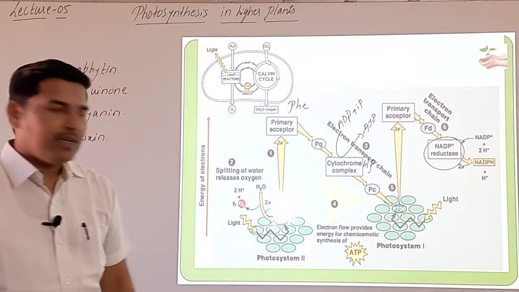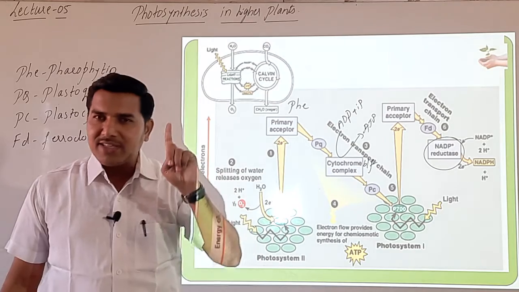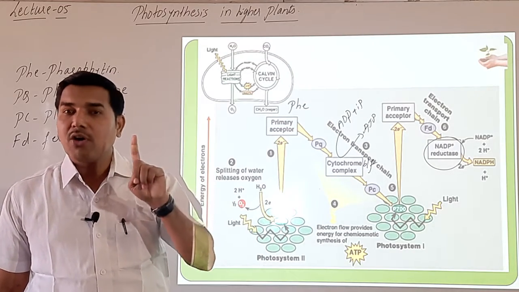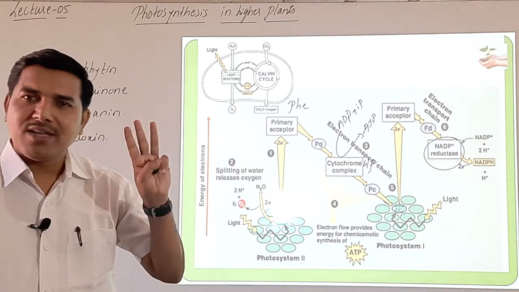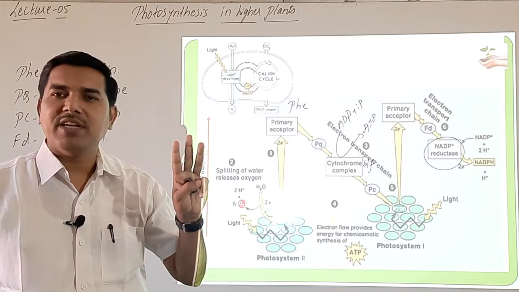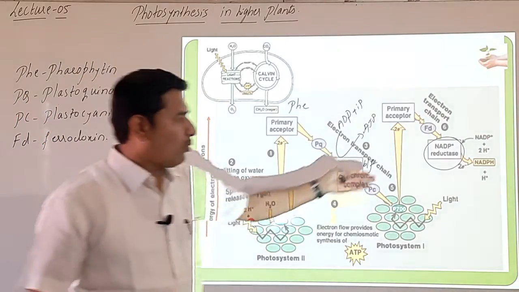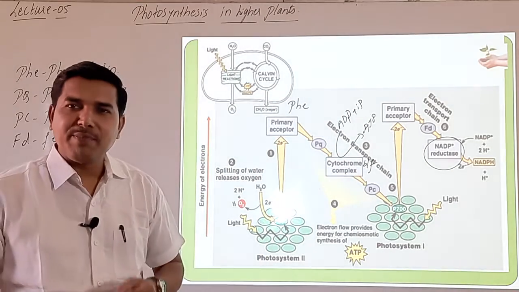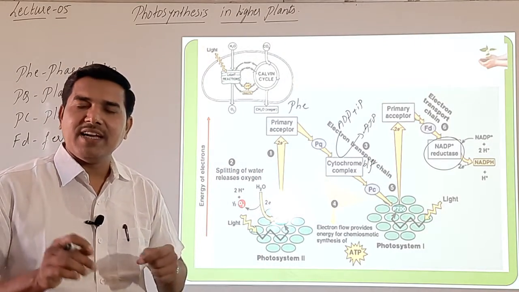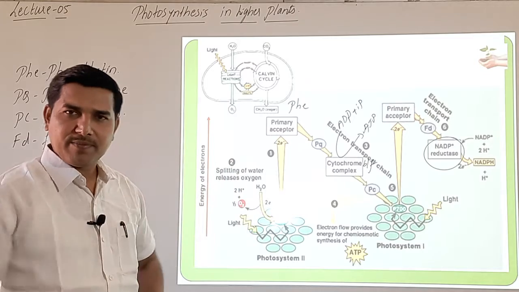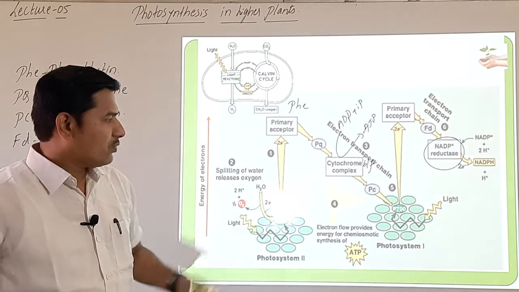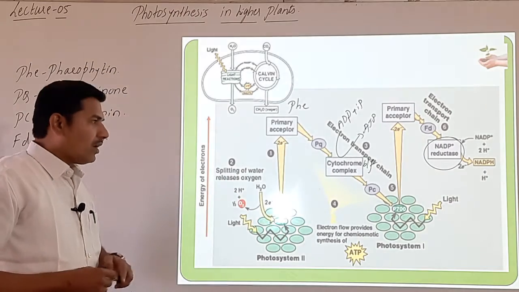So 1 NADPH2 is equal to how many ATP? It is equivalent to 3 ATP. ಅದು 3 ATP ದಷ್ಟು equivalent ಇರ್ತದೆ. ಅಷ್ಟು ಎನರ್ಜಿ ರಿಚ್ ಕಾಂಪೌಂಡ್ ಅದು, ರೈಟ್. And we know what is NADPH. NADPH is nicotinamide adenine dinucleotide phosphate ಅಂತ ಕರಿತೀವಿ. Okay, so this is regarding the part of the non-cyclic